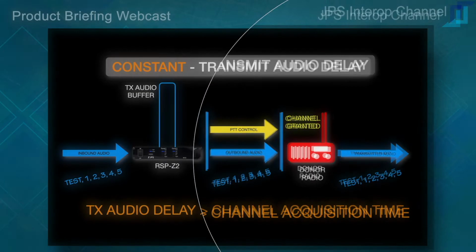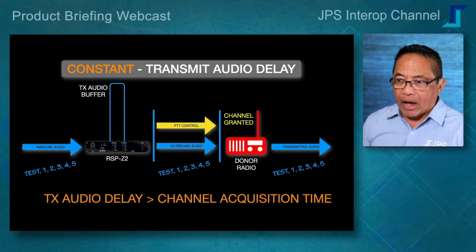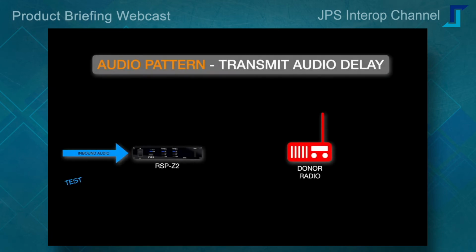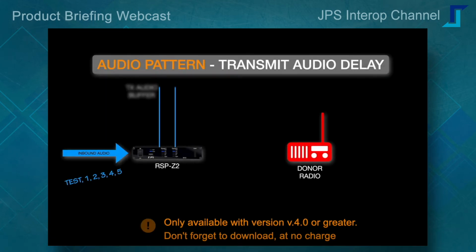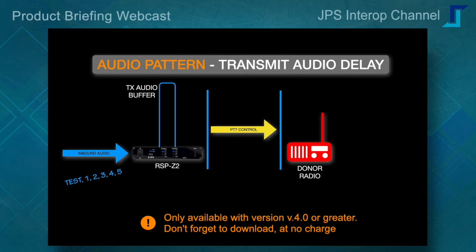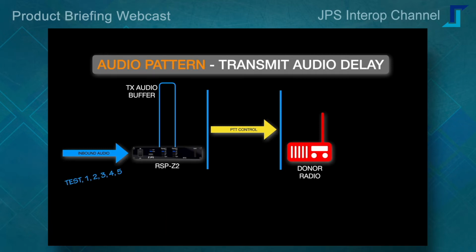In version 4 of the RSP-Z2 firmware, we can now use what we call adaptive transmit audio delay. So here's an example of what we call audio pattern transmit audio delay. But in this case, we're going to still send the PTT control signal to the donor radio, but instead of entering a hard value for the transmit audio buffer of the RSP-Z2, we're going to instead allow the donor radio to acquire the channel. But during that period, we're going to store transmit audio in the RSP-Z2, but listen to